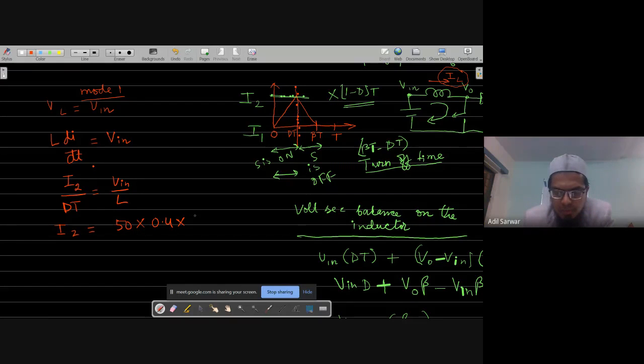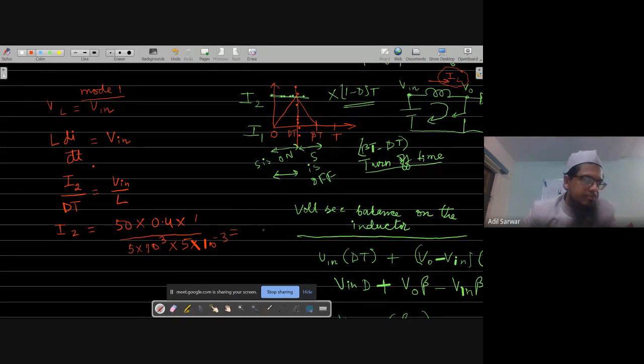Frequency is also mentioned in the problem. It is given 5 kilohertz. So that means 1 by 5 kilohertz, so 1 by 5 into 10 to the power 3. Okay, so this is T, and times L. L is again given, it is 5 millihenry. So 5 into 10 to the power minus 3. So finally, this would come out to be,